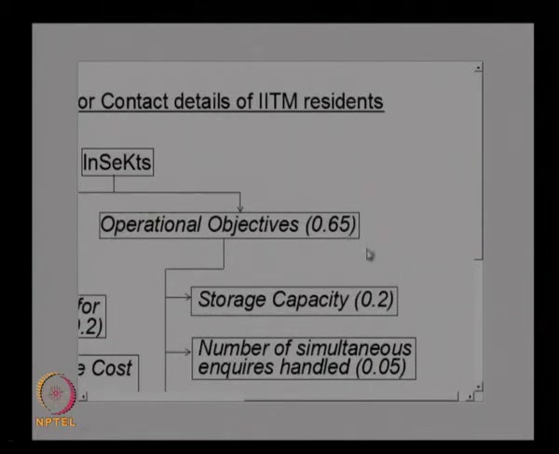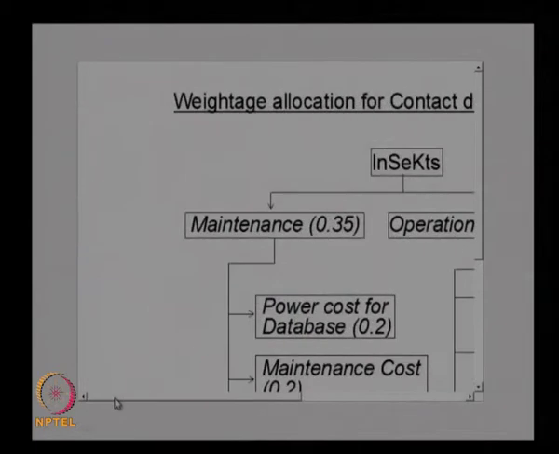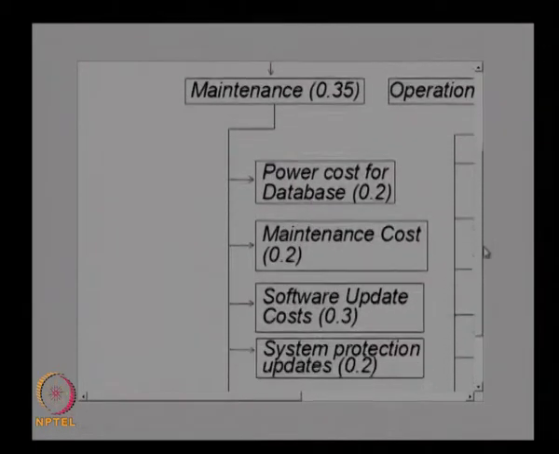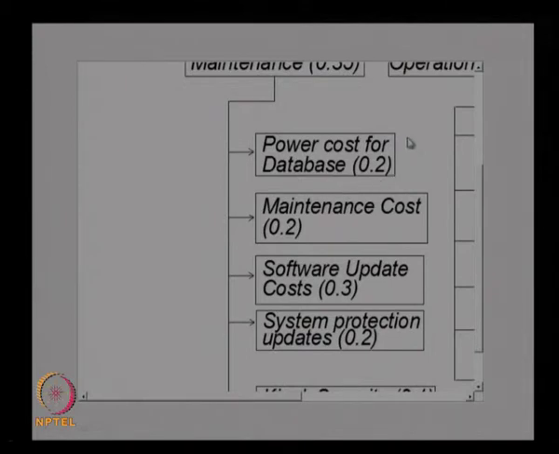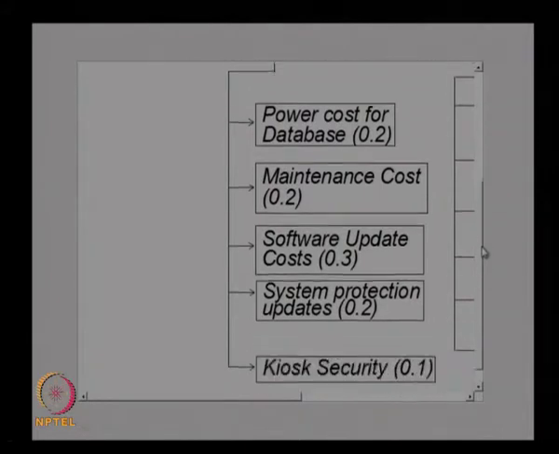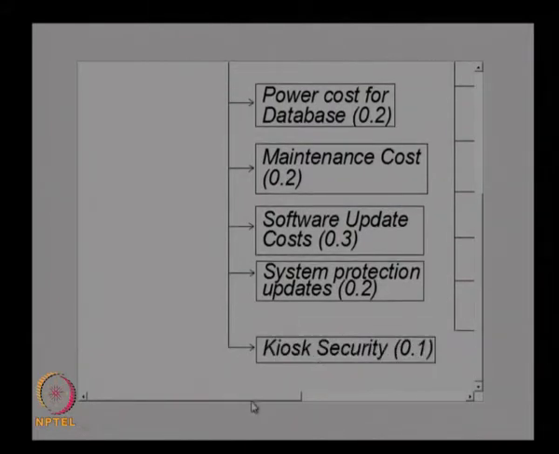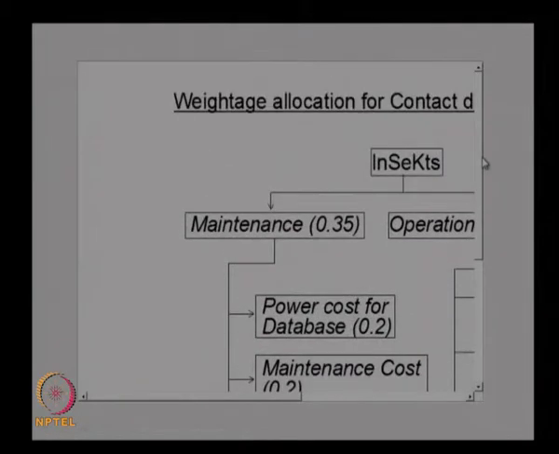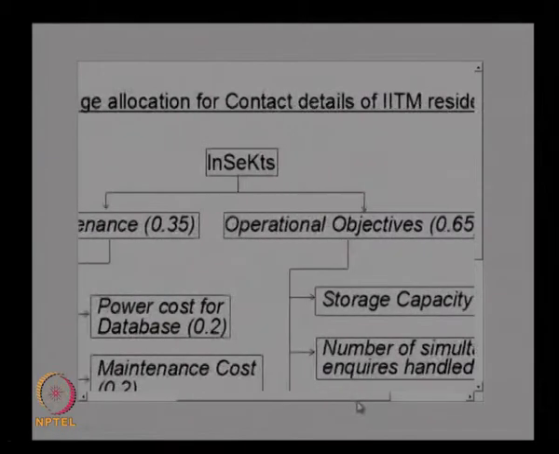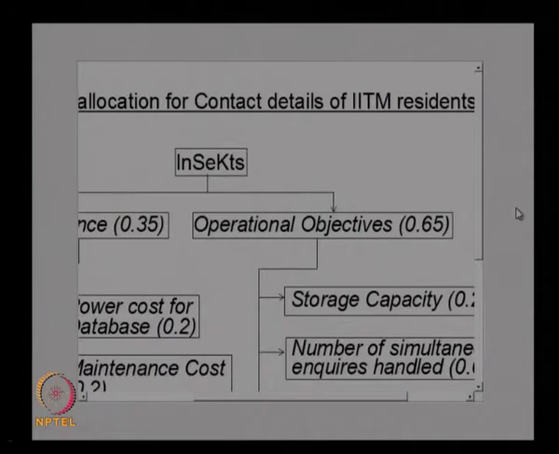Here, operational objectives is given 0.65, maintenance is given 0.35, and again the sub functions in maintenance are given weightages based on the importance of those functions. So, this is how we provide the hierarchy of operational objectives and allocation of weightages to various functions. This gives us an idea of how the system design starts from the initial identification of